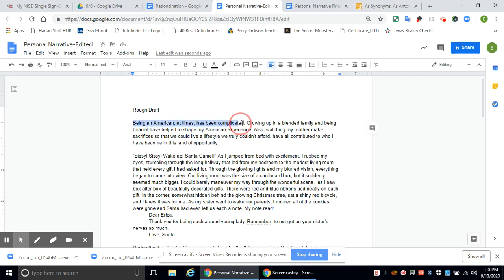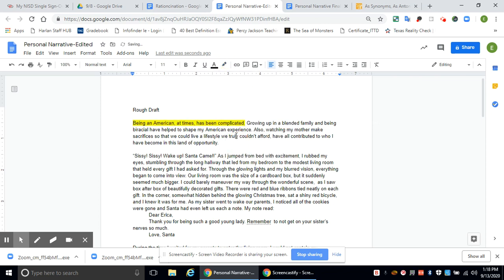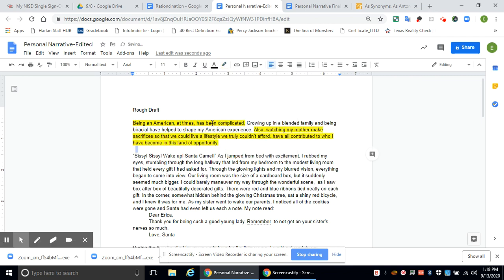So, this real short sentence right here is my topic sentence. It's explaining how my American experience has been. This one also gives a little more detail, so I'm going to go ahead and highlight that one as well. It kind of just supports the fact that growing up as an American for me was complicated. Okay, and so does this one.